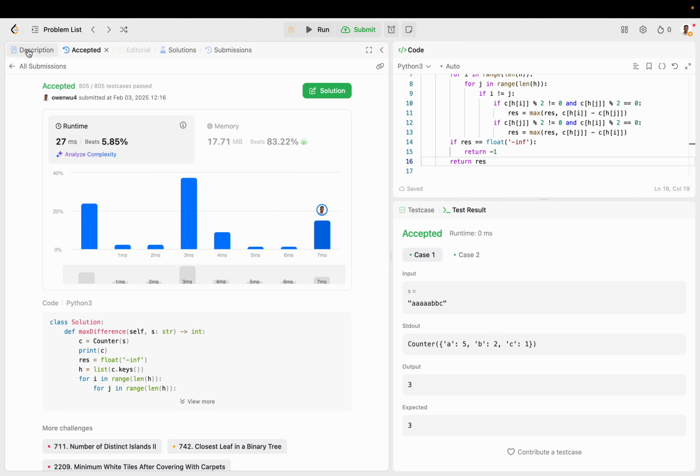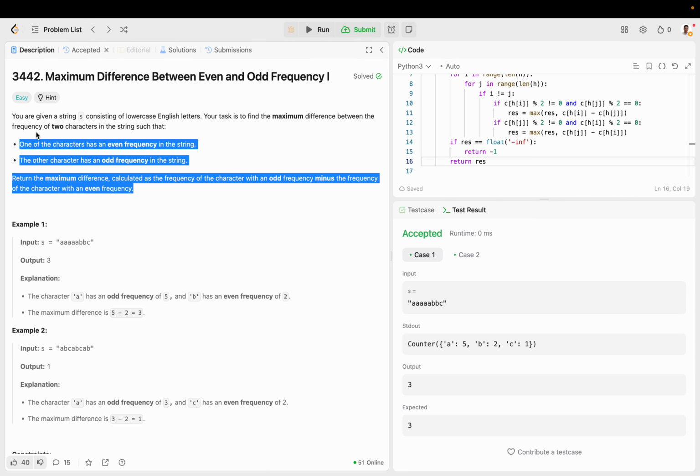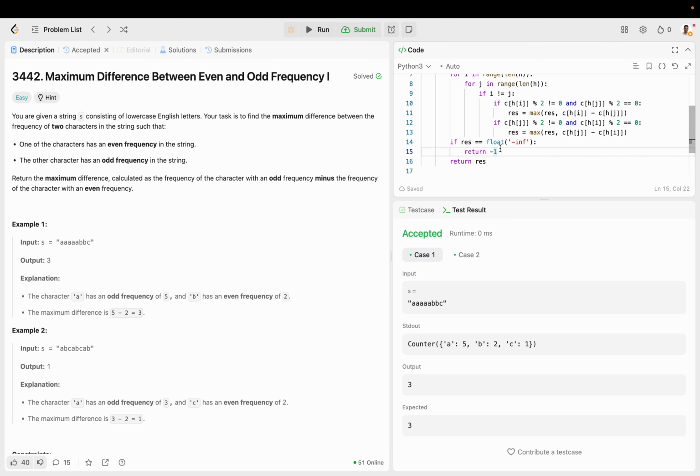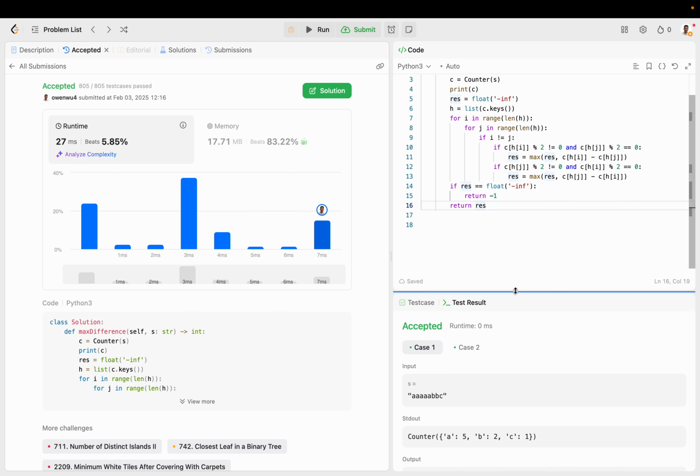Okay, so that gets accepted. I just noticed that actually it doesn't even say negative 1 here, but basically, if nothing has changed, I guess just ignore it. Otherwise, return the result, right? Because we don't want to return float of negative infinity. So hopefully this is pretty straightforward,